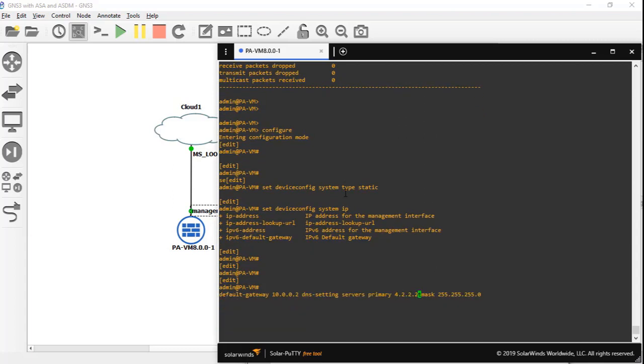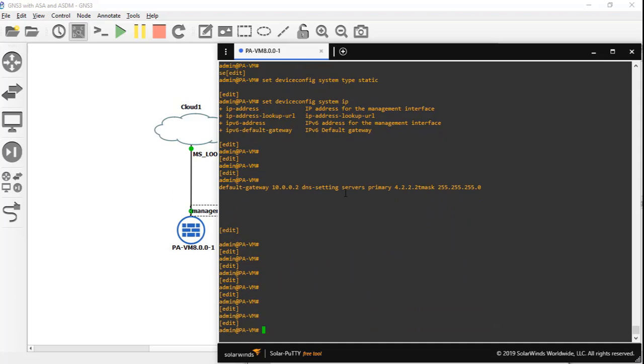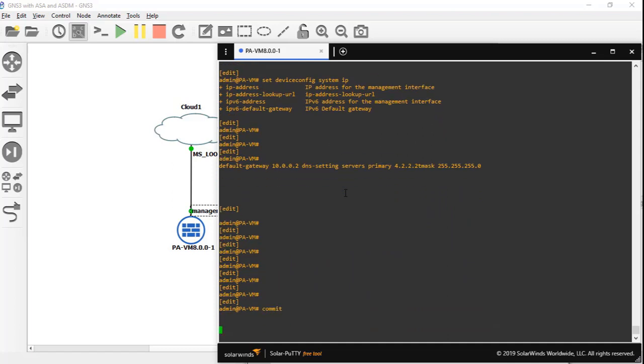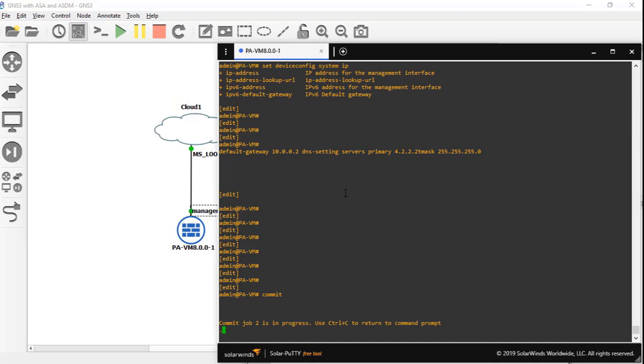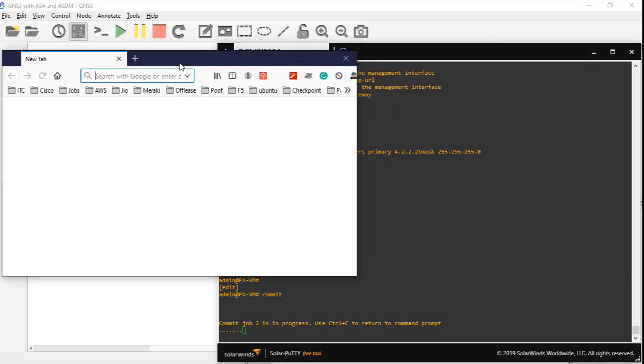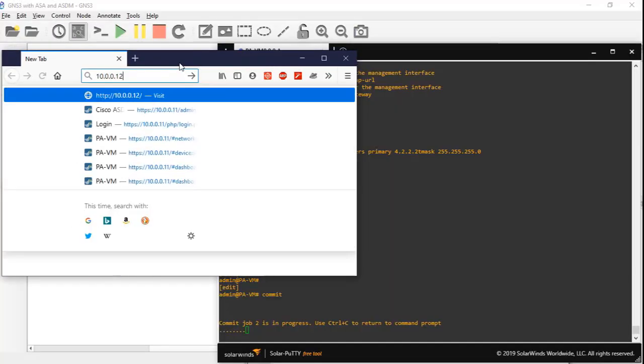And yeah, after that, we have to commit the command because the firewall of Palo Alto is such that without committing, it will just save it in the running config, but it won't actually implement the command. So we have to commit the command after whatever we do and then wait for it to accept that. So we'll try to actually go to